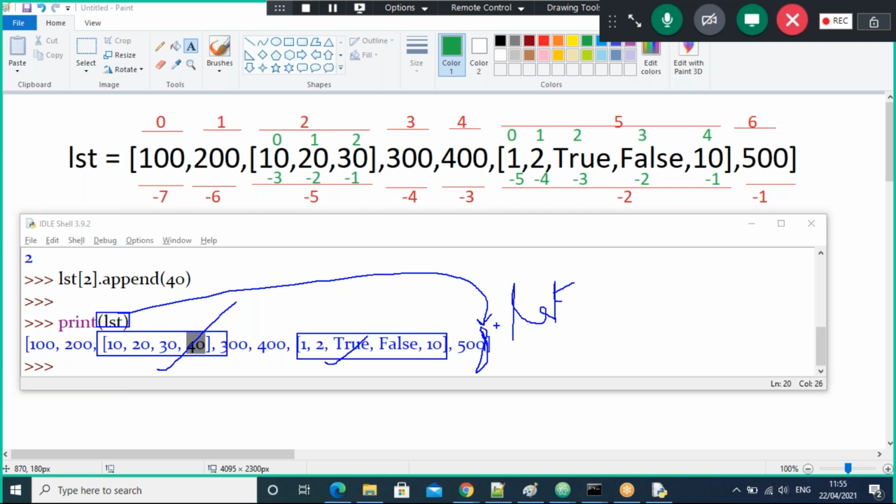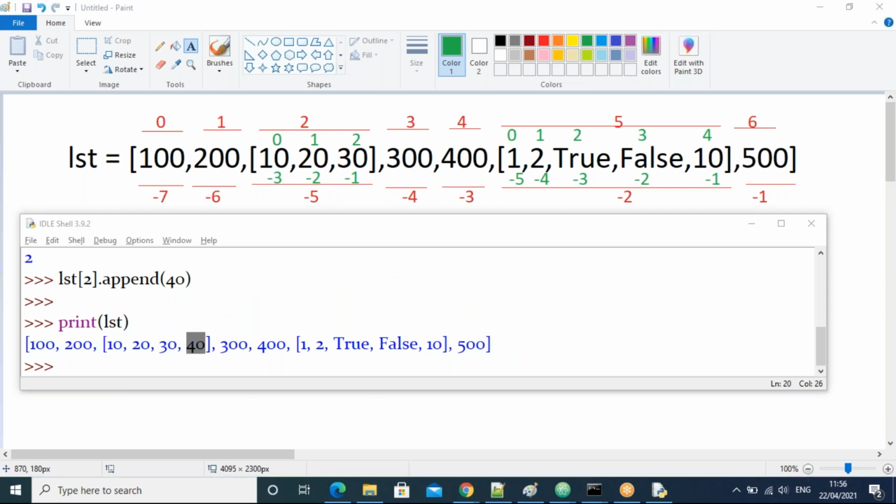That's fine. But how to add the elements? Do we use append or extend? Generally, we go for extend, guys, to add a set of elements, either one or more than one element. So now all of you observe what I'm going to do here.